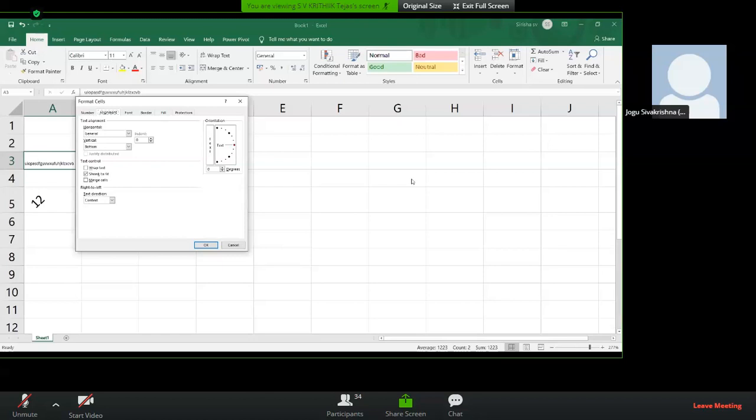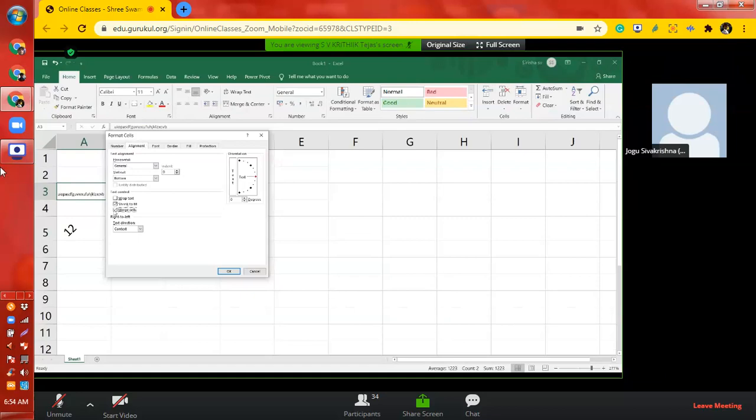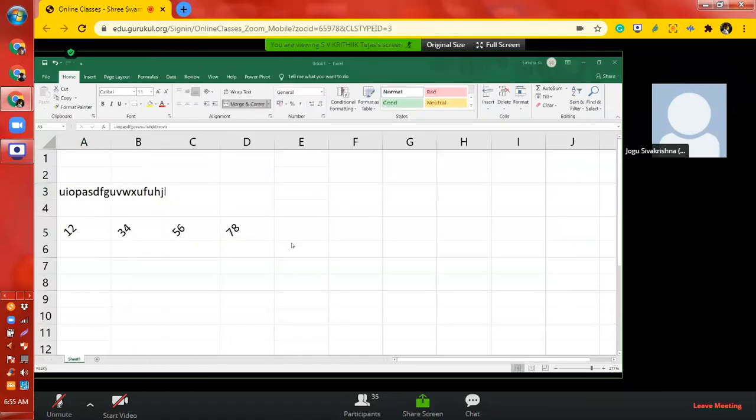You can select merge cells also if you want. That merging cells we will learn now directly. So you can click on merge cells once, remove that shrink to fit. Okay, again A3, B3, C3, D3. Yes, up to that.